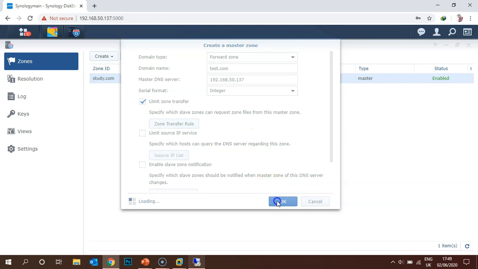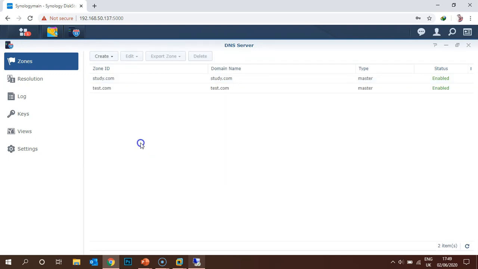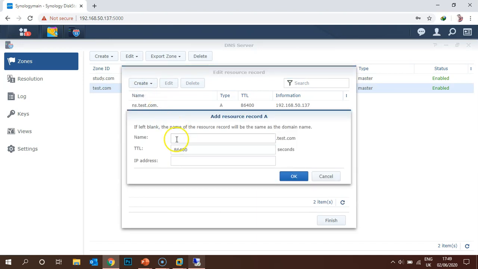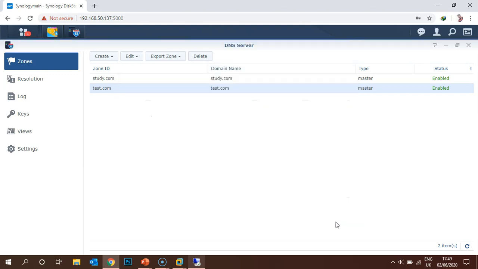Press OK. Under the test.com zone, I have to put the A record, www, and the IP address of the web server. OK. Finish. So let's go back to the web server.